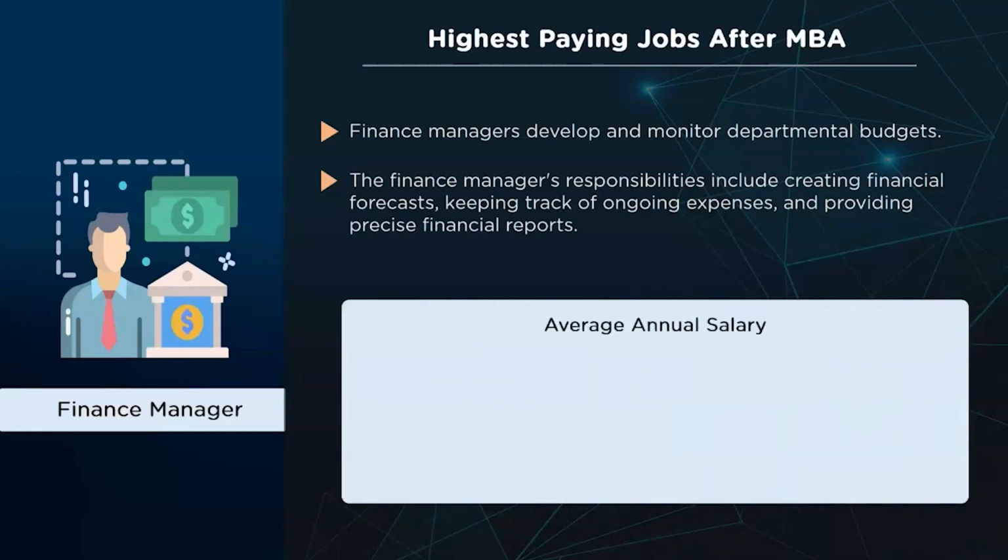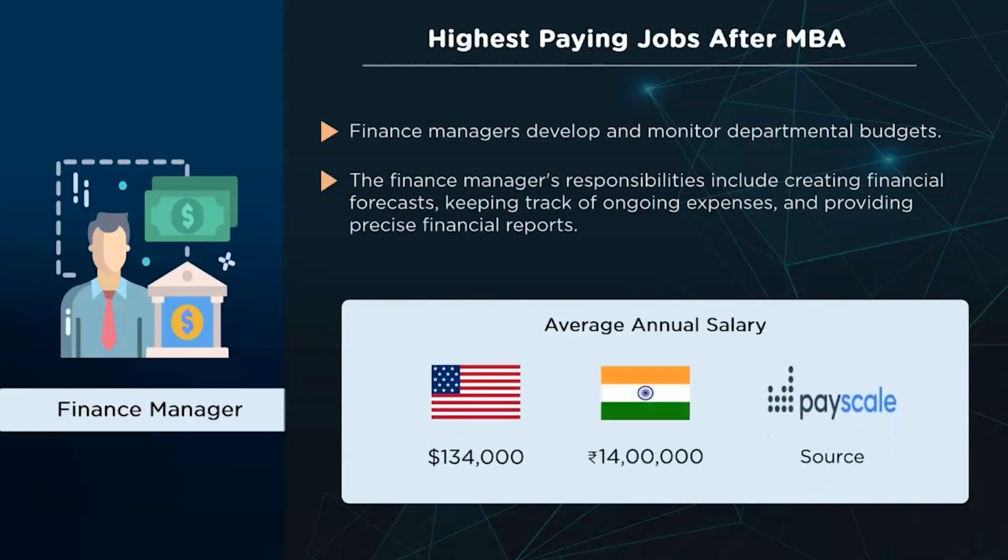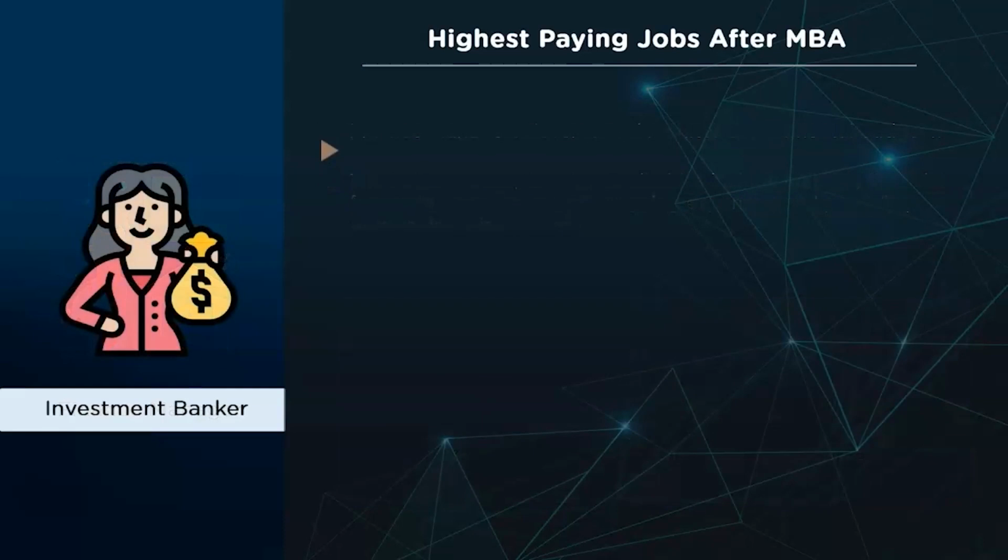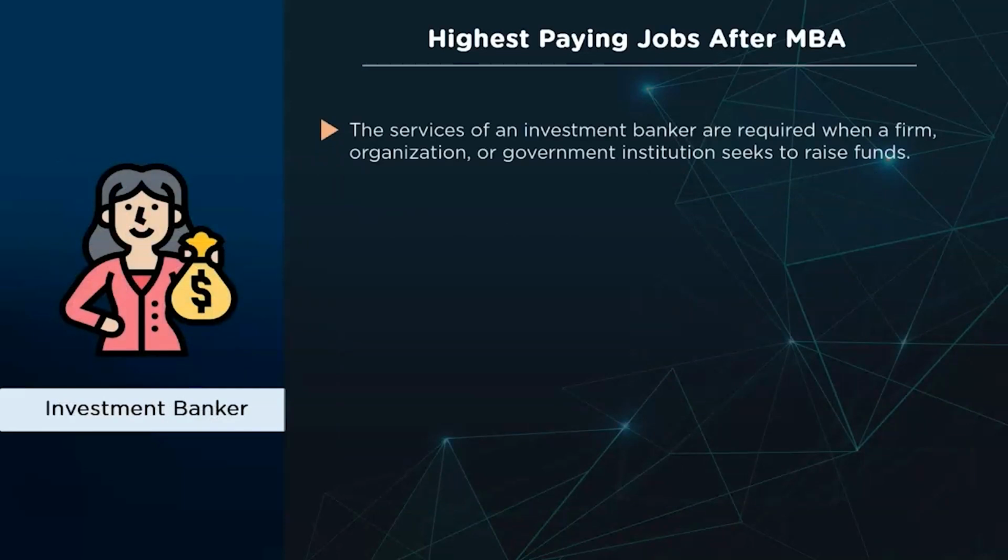According to PayScale, the average annual salary for a finance manager settles around $103K in the US, whereas in India it lies around 14 lakh rupees per annum. Next, we have an investment banker. The services of an investment banker are required when a firm, organization, or government institution seeks to raise funds. This position necessitates exceptional quantitative abilities as well as the ability to do complicated financial modeling,